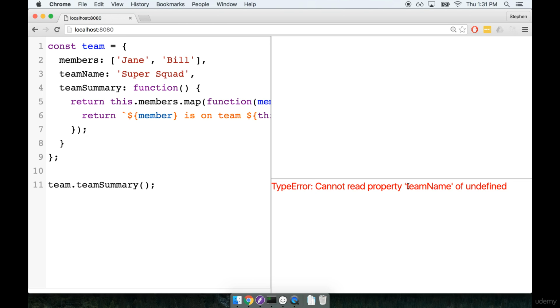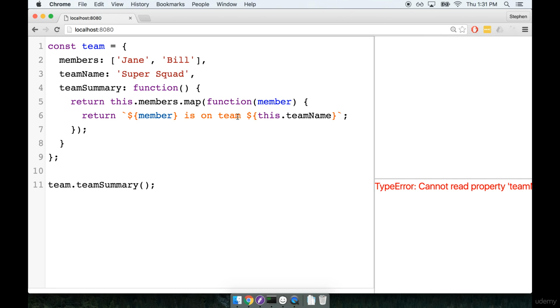Cannot read property teamName of undefined. So we are trying to access a property called teamName on an undefined object. Let's look at our code and try to figure out where that might be happening. We're only making one reference to a property of teamName, and that's right here inside of our mapping